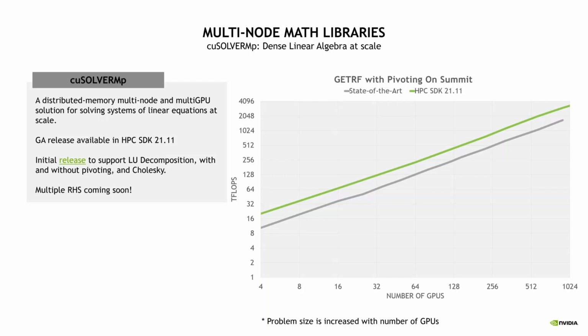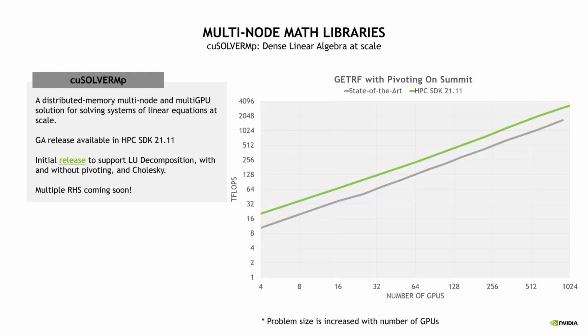And here we have what was previously the state-of-the-art implementation of a multi-node solver, that's the gray line. And now with our new cuSOLVERMp library, you can just plug that in and you can see there's a real leap in performance across the two comparisons there. And of course, it scales very well up to 1,000. That example, up to 1,024 GPUs. So this is a compelling argument for why you should consider looking at the libraries